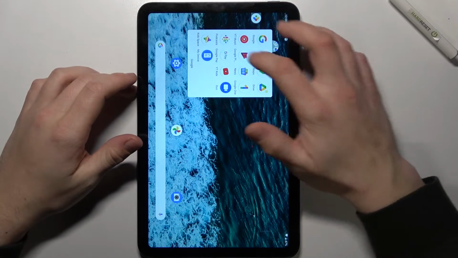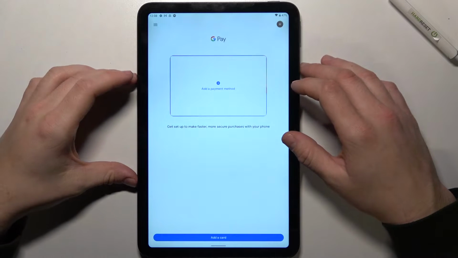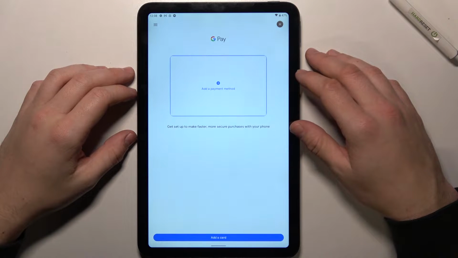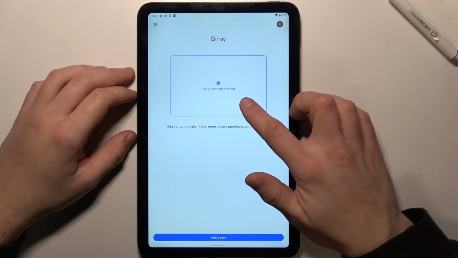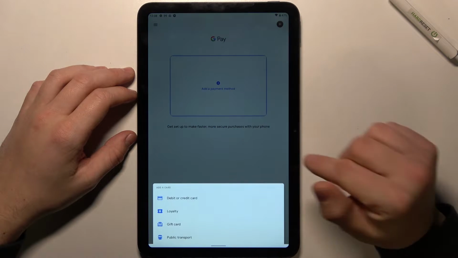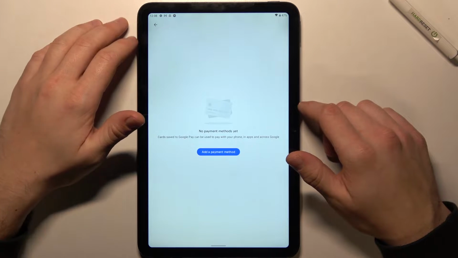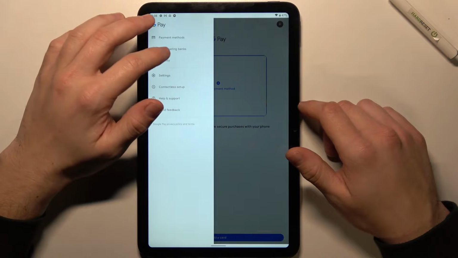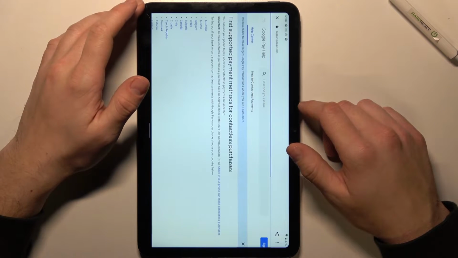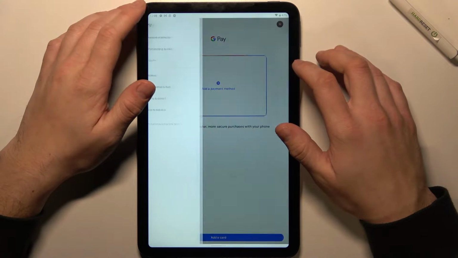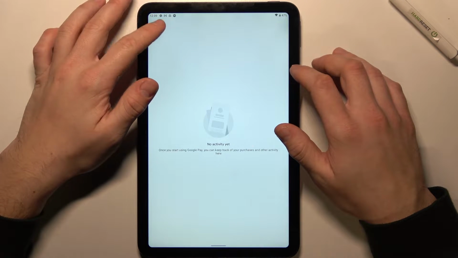In the beginning, let's enter Google Pay. And as you can see, this is the homepage of this app. From here you can add payment method or add different types of cards. Then we can check all of our payment methods, check full list of participating banks, our activity,